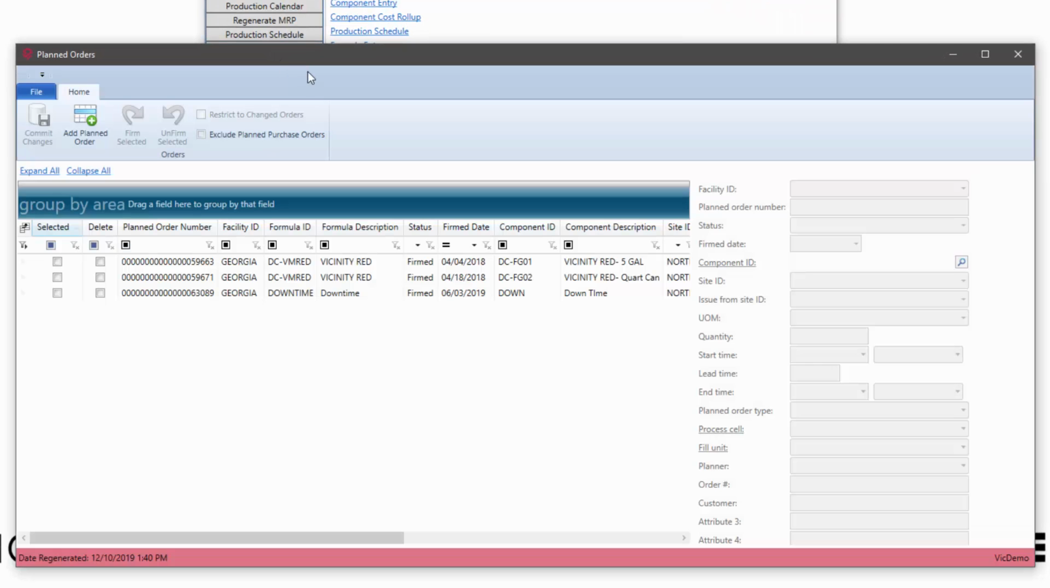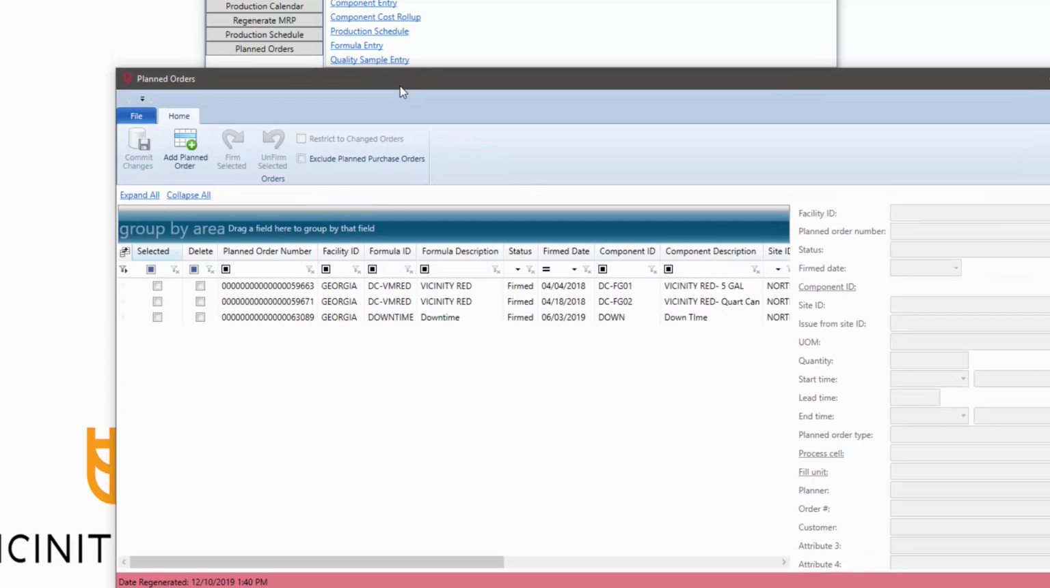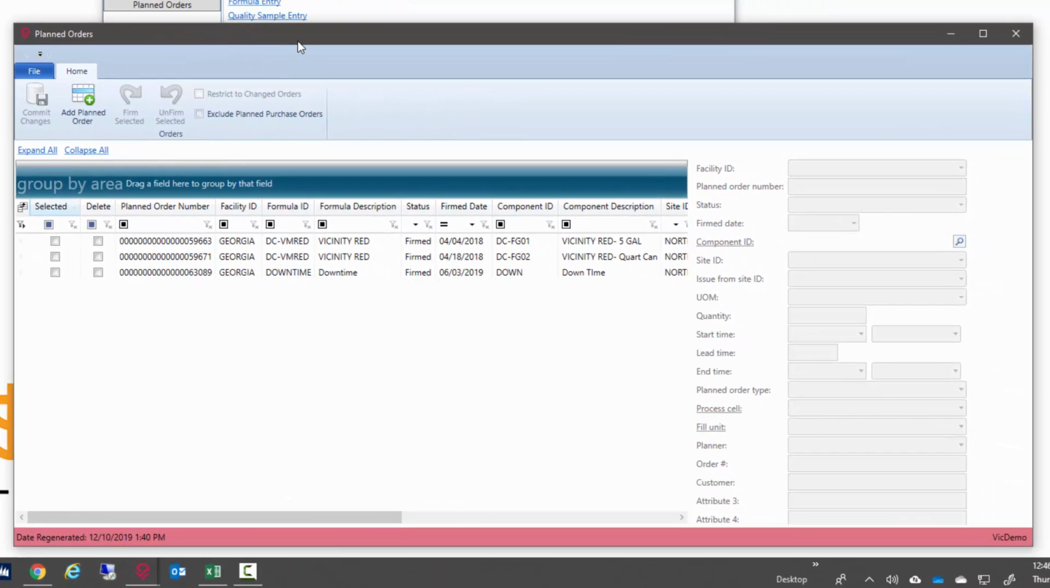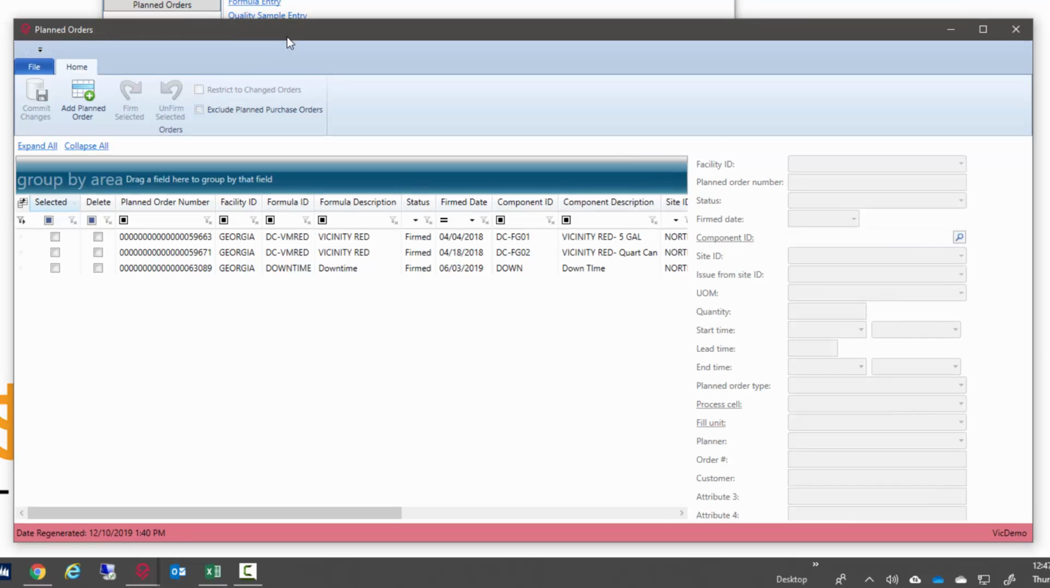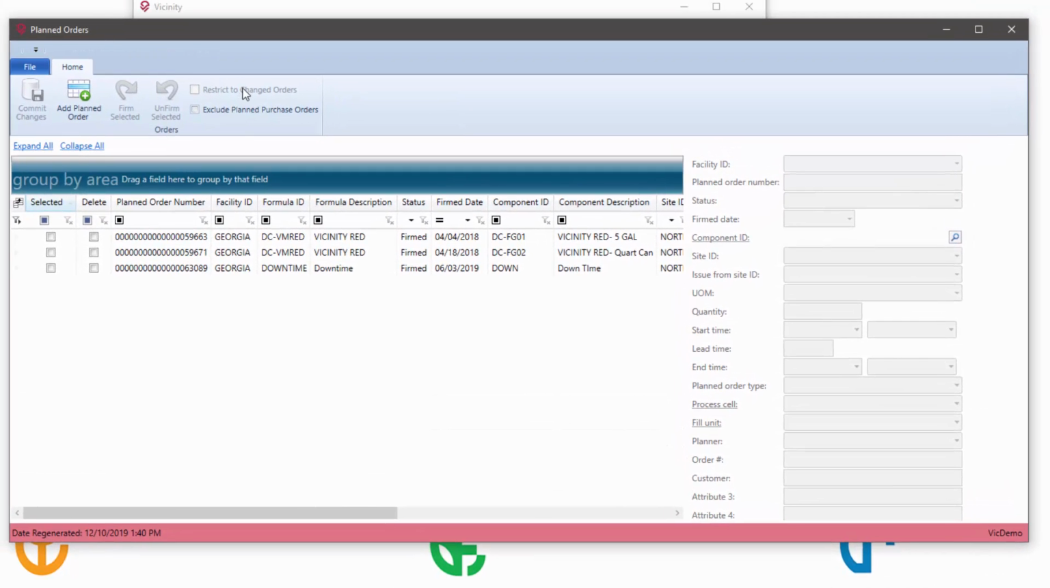Planned orders are used in scheduling to identify something that you plan to make. A planned production order is something you plan to make, or a planned purchase order, which should be something you plan to buy. Planned orders can either be created manually, or MRP can create them when it sees that you have a shortage. This screen, the planned order screen, is really designed so that you can see all the planned